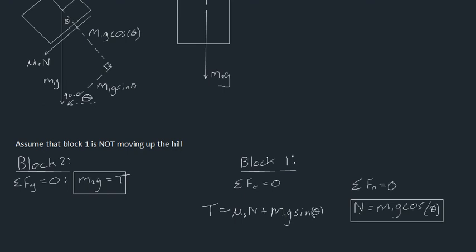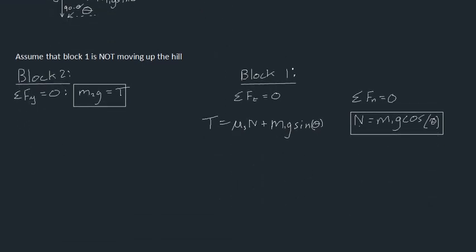Alright, well, using all the information we've gathered in our other equations, we can simplify this down. In other words, we can say T is going to be equal to mu s times N, and we figured out N, it was m1g cosine theta, so mu s m1g cosine theta, plus m1g sine theta. Alright, and this is the tricky bit, because what this